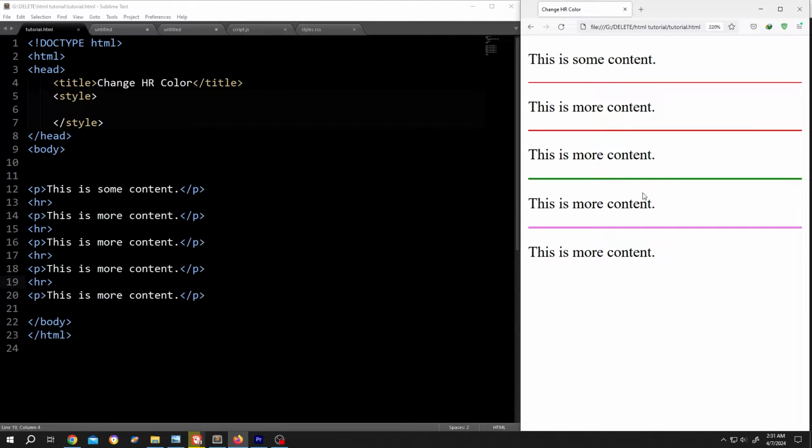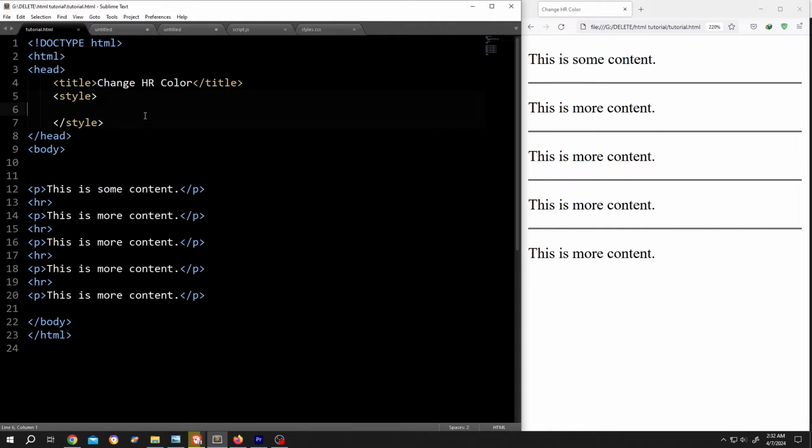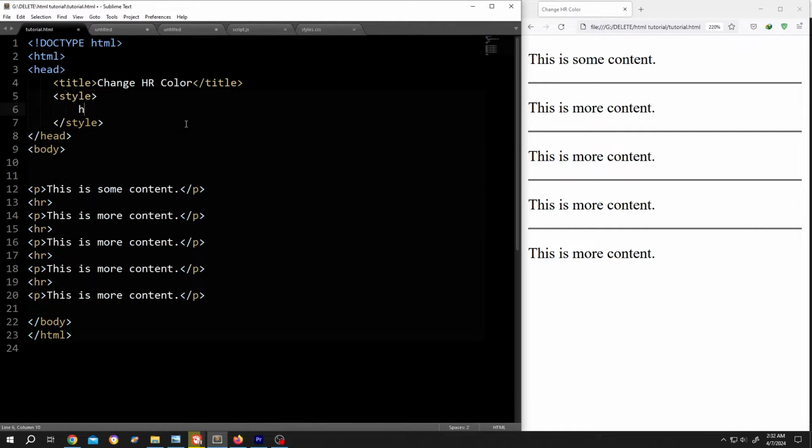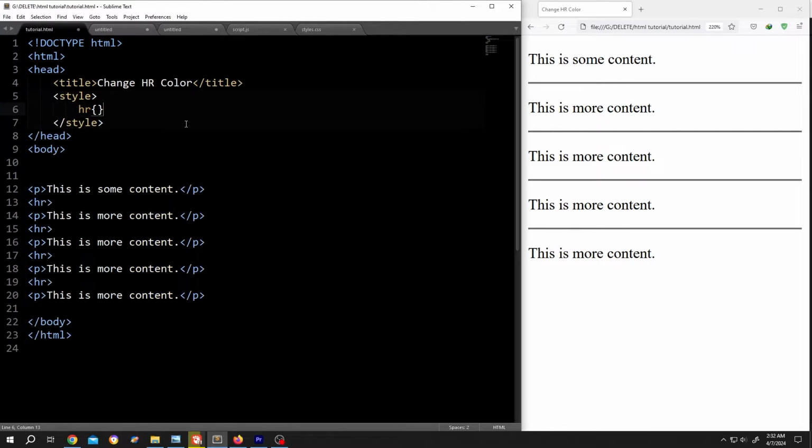So guys, how to change the color of the HR element in HTML? It's really simple. On the left side we have our basic code and on the right side we have our output. To change the HR element color, go to the style section, write HR, opening brace, closing brace, give it some space,